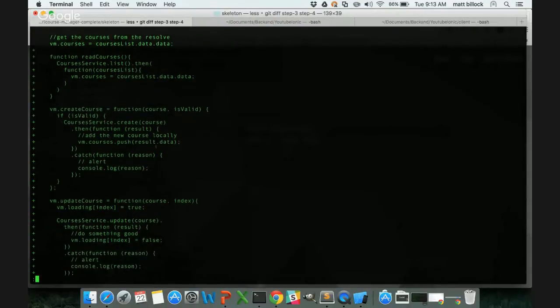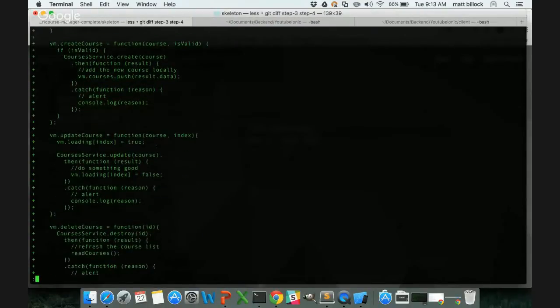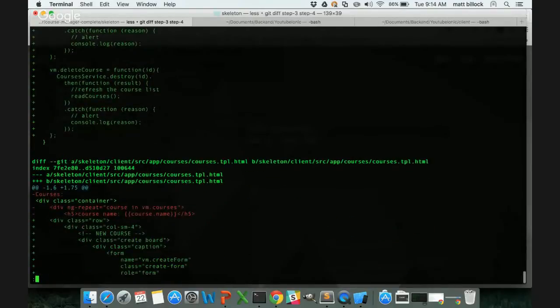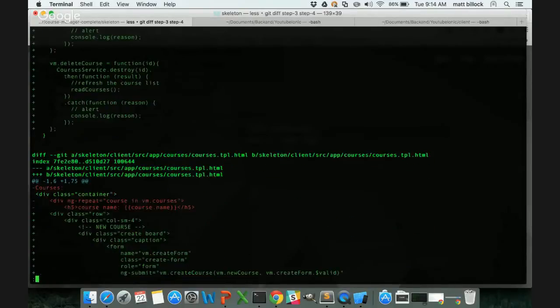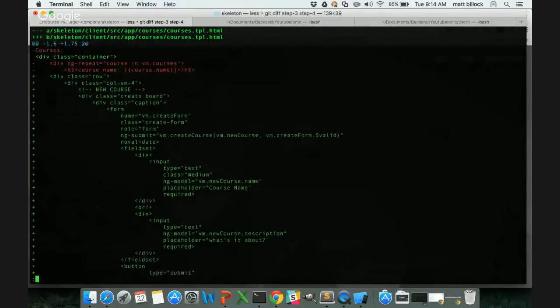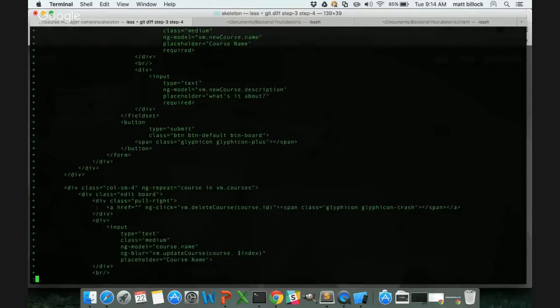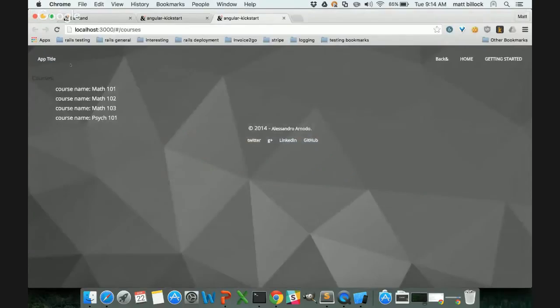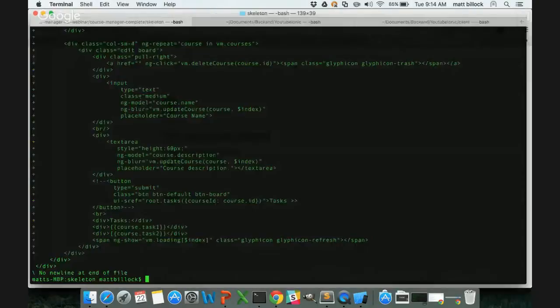We add some basic methods to create, update, and delete courses to our controller. Then we update the template to use Bootstrap to present something that's much more visually appealing. So that's it. 2 file changes, and now if I restart the server and refresh the page,